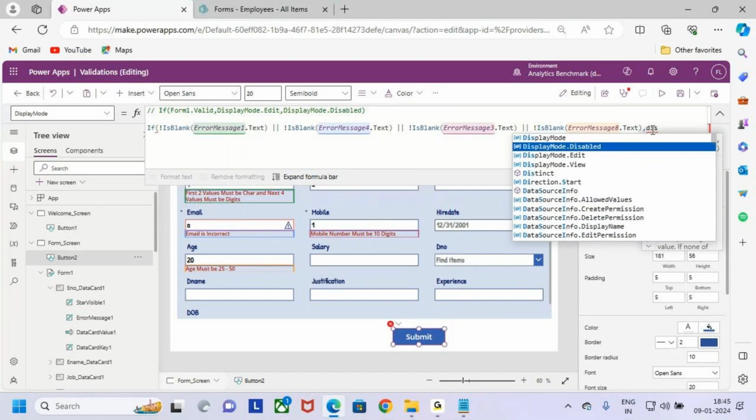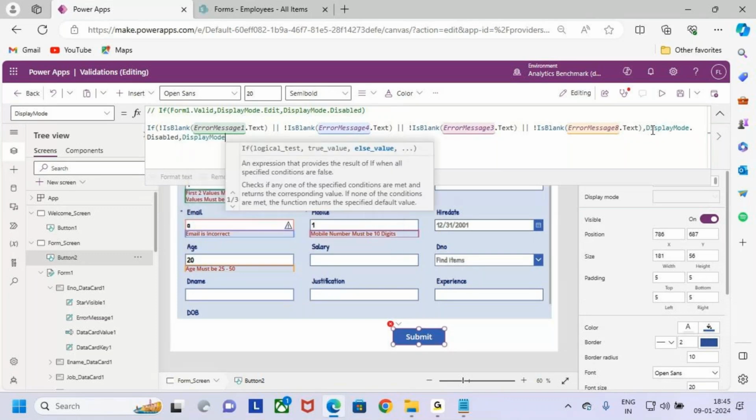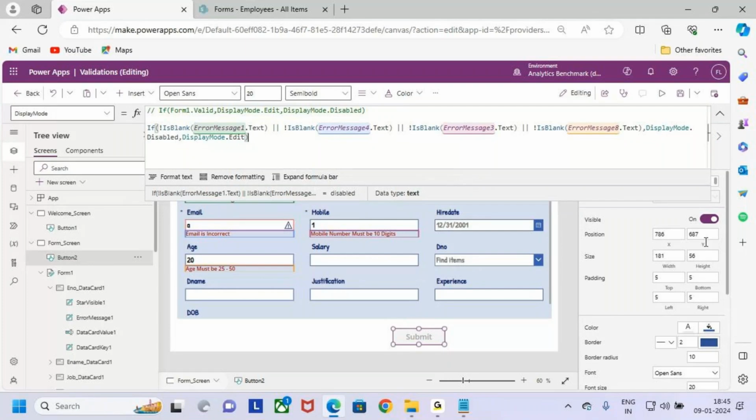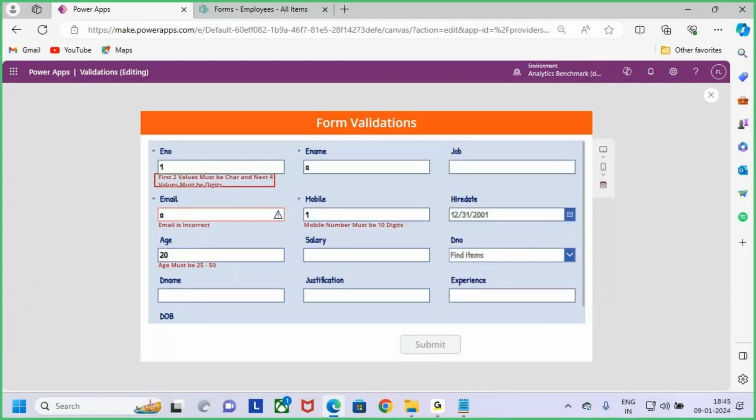Display mode dot disable. Otherwise I want to make it as display mode dot edit. Now see, what I'm doing here is, if there is any error message in this control, these are called as controls, guys, data card controls. What is this control? Error message control. If there is any error message in these controls, then I want to disable it. When I want to enable it, if there is no error message, then only I want to allow